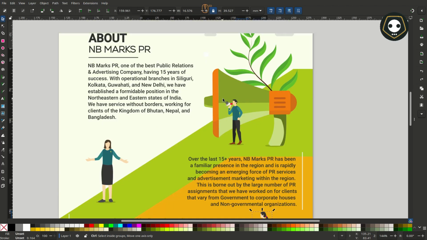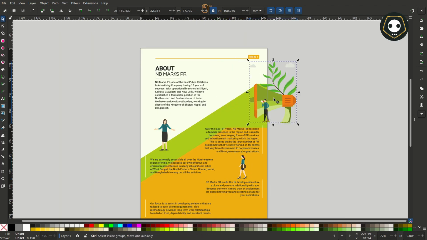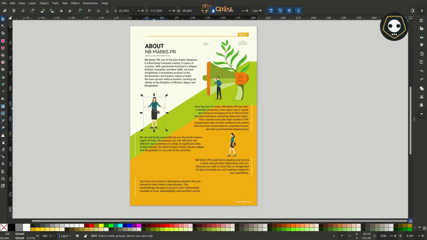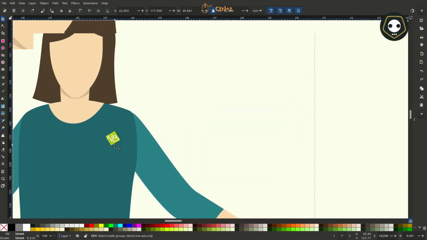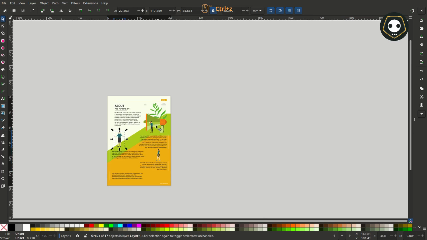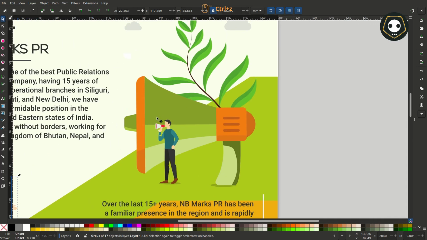So how can you download this type of file? You can see here, I have put the VMAX logo here. You can change the logo here.